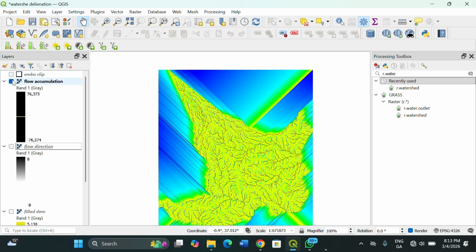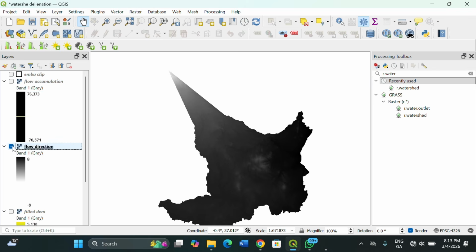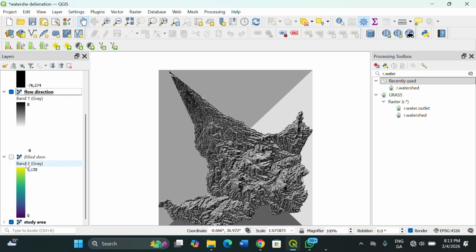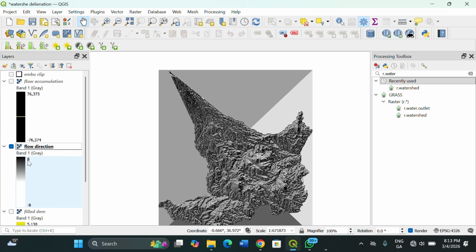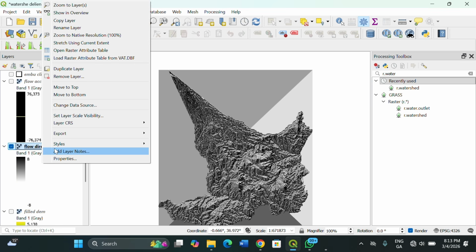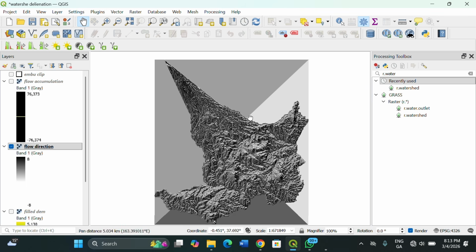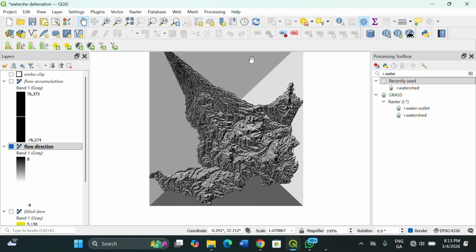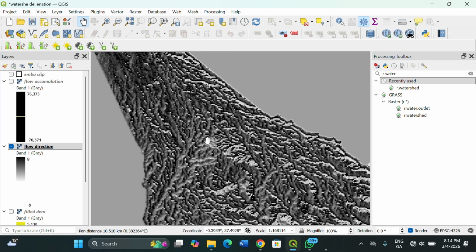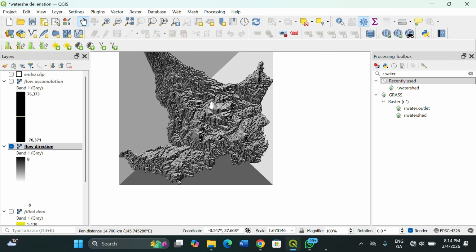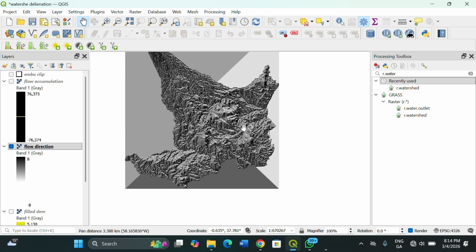Now let's first of all focus on the flow direction. Okay, then I'll untick the study area. Flow direction simply means the direction of flow of the rivers. The direction of flow of the rivers is basically from northeast, east, southeast, south, southwest, west, and northwest. Sorry. So now we want to assign the direction to our flow direction